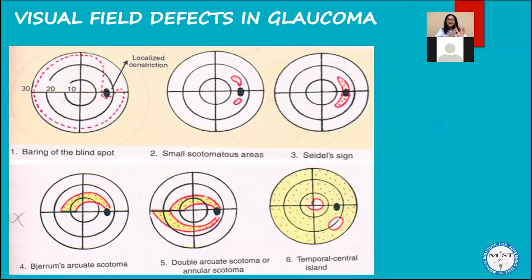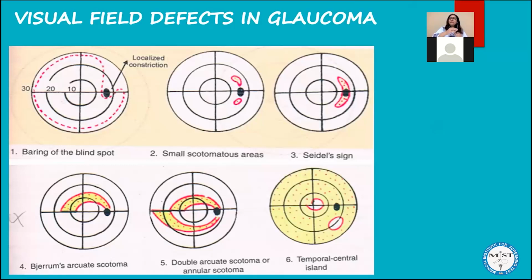Okay, so progressive changes are happening. The first change is that the field becomes narrow. From 30 degree, it starts constricting. That is known as localized constriction. Okay. Then individual scotomas start appearing as you notice over here. They are known as paracentral scotomas. They are around the central point. When these paracentral scotomas join the blind spot, this becomes a comma-shaped defect. The comma-shaped defect, friends, is known as Seidel's scotoma or Seidel's sign.